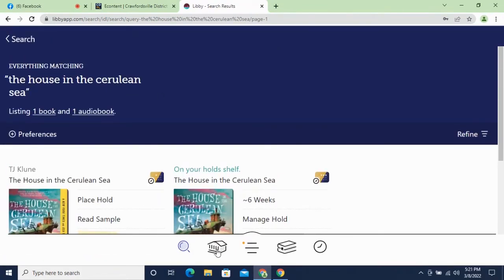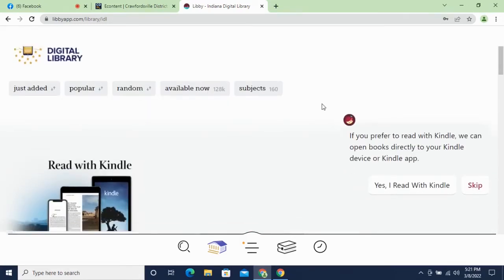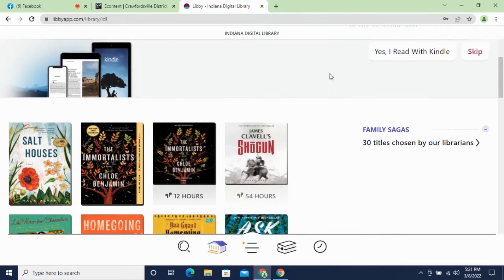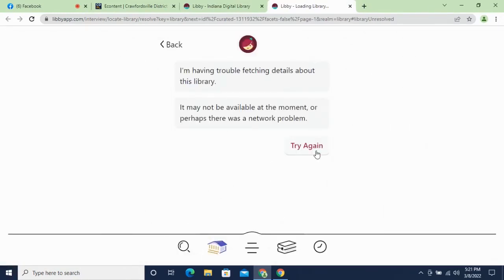And now moving on in our little menu down here, past the magnifying glass to the building icon that represents the library. And this is the browsing page for you to be able to find new books if you would like to, or you can look at collections that the librarians have put together for you. We do actually create curated lists, so I just put together this list earlier today for you guys to be able to browse. It's a group of family sagas, since so many of our patrons seem to like books that,